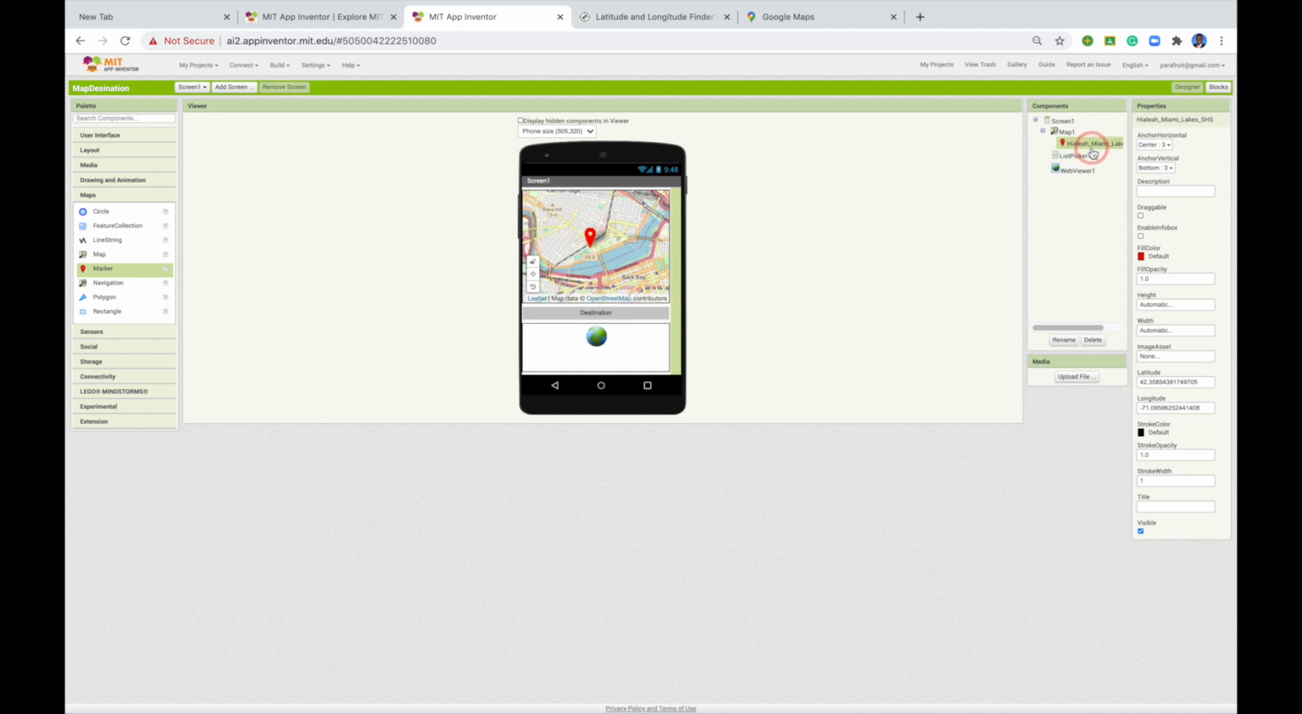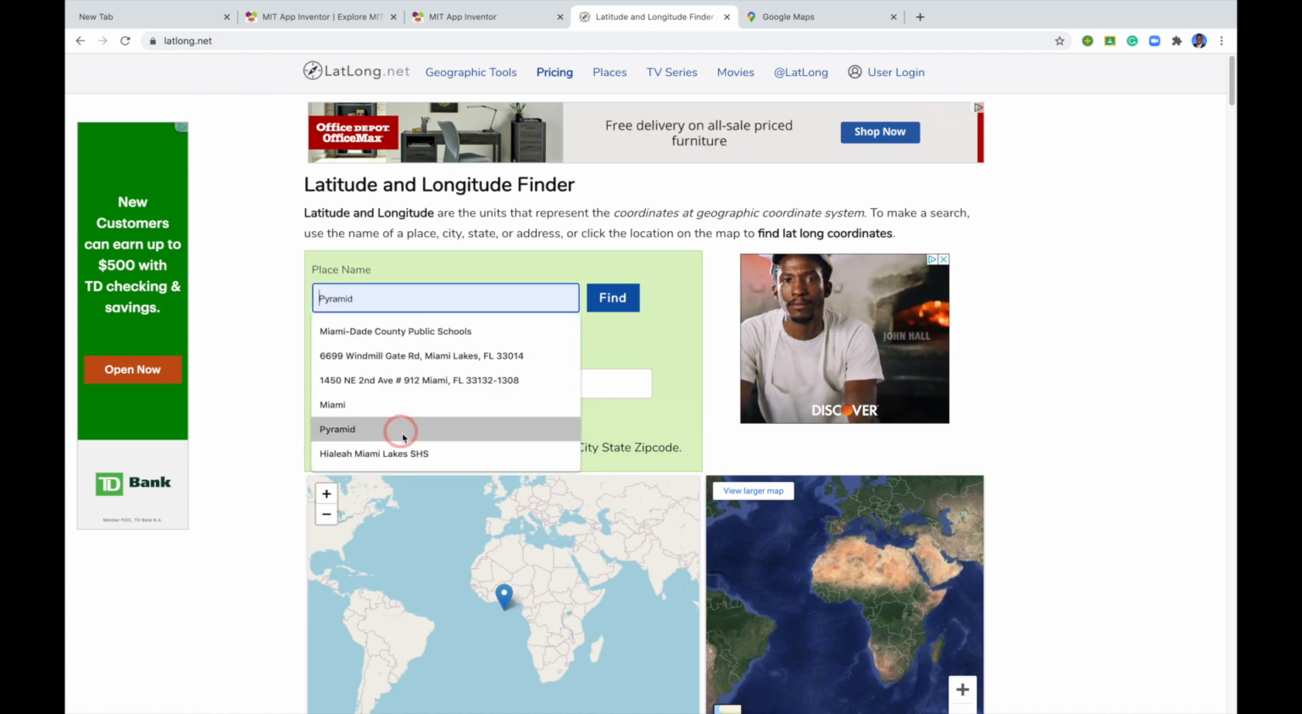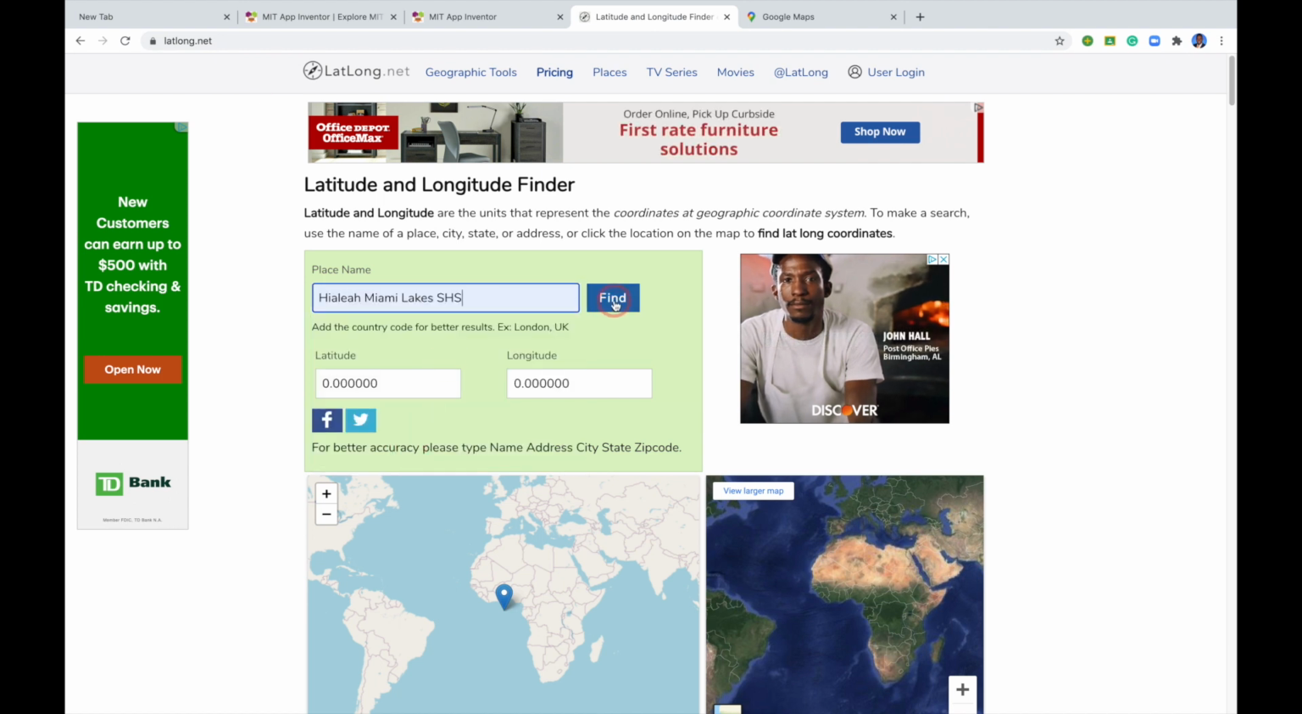Now notice that it gives it the underscore because in programming usually the space is not recognized sometimes. So let's go ahead and give this location its new latitude and longitude. So right here, the website we use is called latlong.net. So if I type in Hialeah and I hit find,